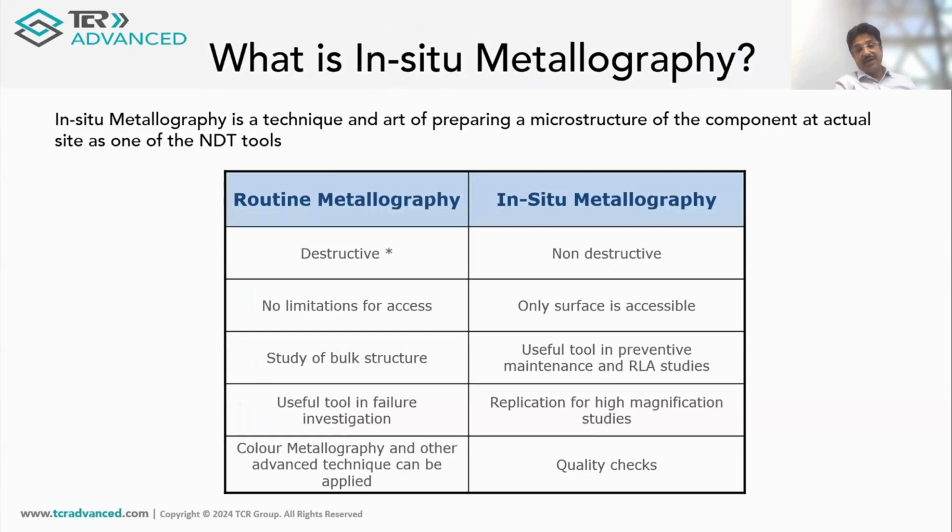Now, basically you have to understand what is in situ metallography. In order to understand, we need to understand what metallography is, what routine metallography is. So, routine metallography was invented in the 18th century by one Professor Sorby, who was a geologist, and he started developing the structures of metals and materials especially. And then over time, the technique was further refined, and today one can identify the microstructures and